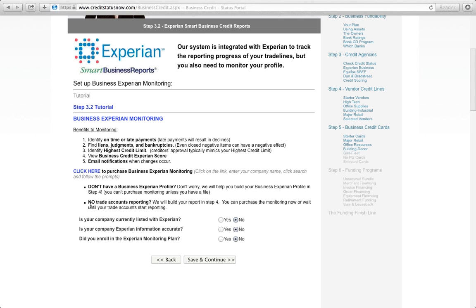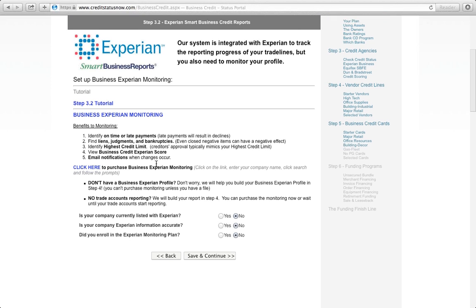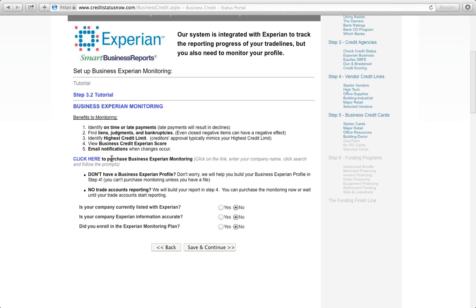You'll also look at your business credit score. Now, business credit scoring is different than personal. It's more black and white. If your payments are paid on time, the score goes up. If they're late, the score goes down. There are email notifications that go out when you're signed up for the monitoring, notifying you if something on your report has changed. So you can click here to purchase the monitoring, or here, if you don't have a profile,